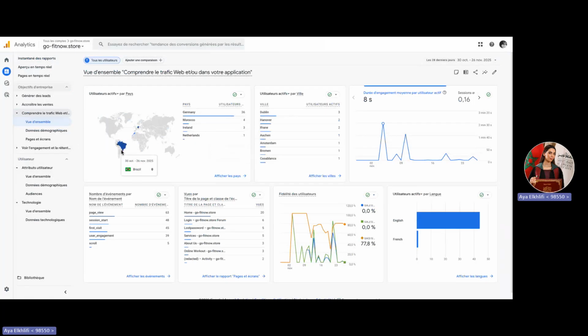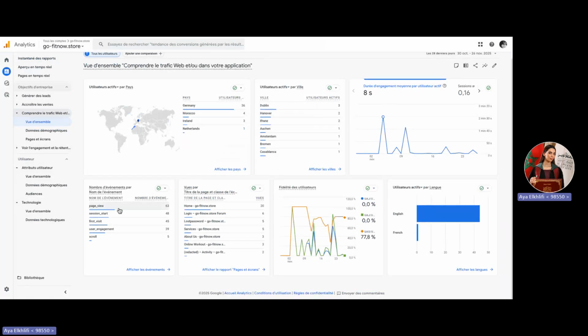This map helps me quickly understand the geographic distribution of my audience. On the right, we have the main cities. The next graph shows the average engagement time per active user, which is currently 8 seconds. This tells me how long visitors stayed before leaving.